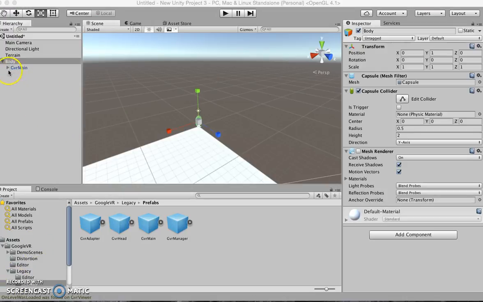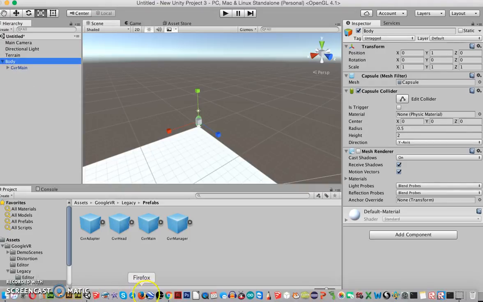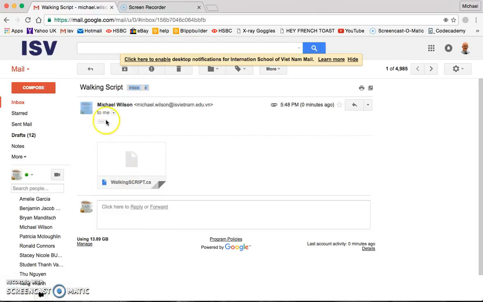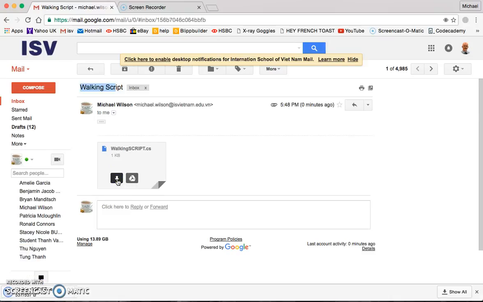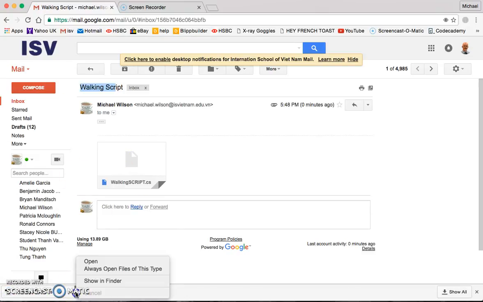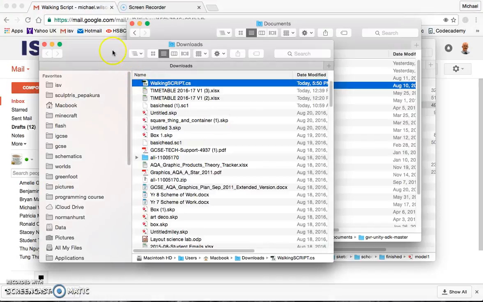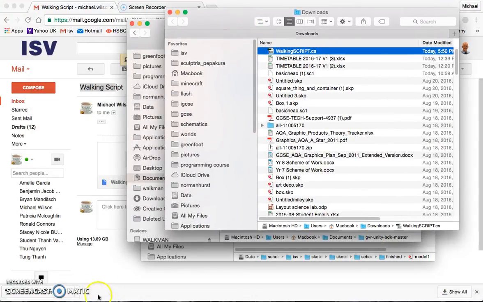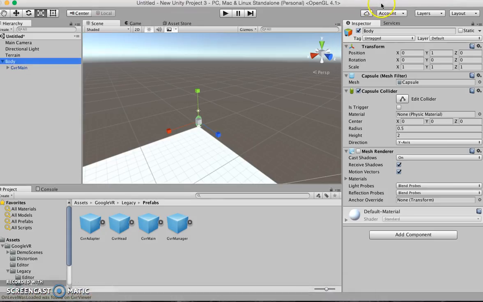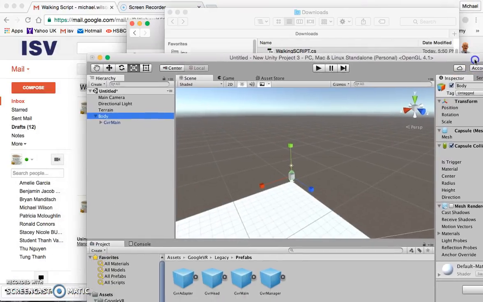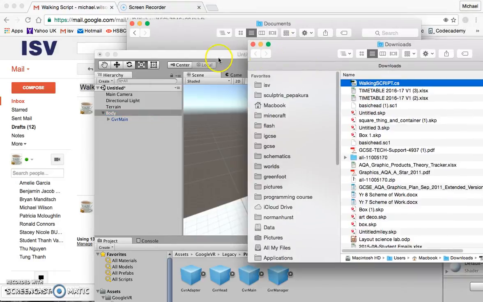So now it's just the final parts that you need to do. In your email inbox, you will have an email that says Walking Scripts. That has an attachment. If you download that, that is a program that has been written in a programming language that you will then use inside Unity. The best thing is, after you've downloaded Walking Scripts, which is the name of the file,